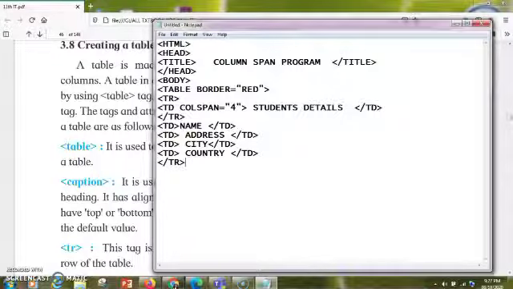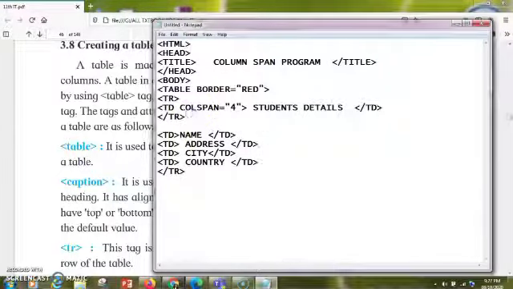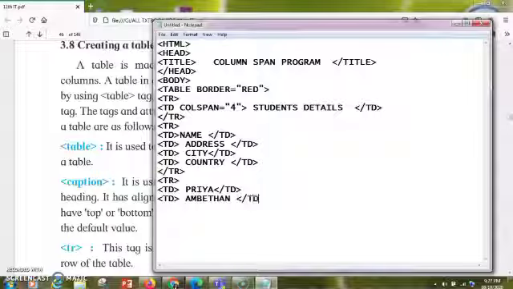Now we'll be doing the next row with a fresh tr tag because I want to give one more entry in it. The entry for it will be td tag Priya. This will be the name. Next is td tag address. I'll be giving Ambedhan and then I'll be ending it by td tag.